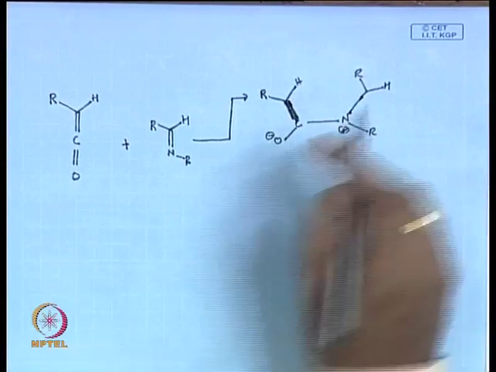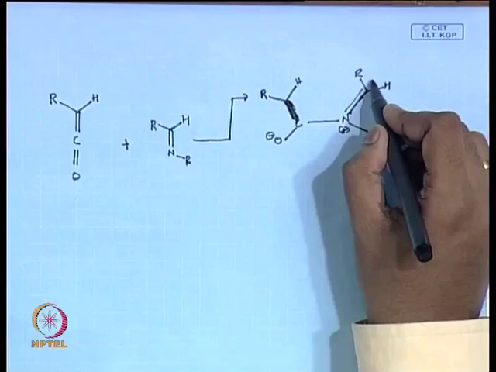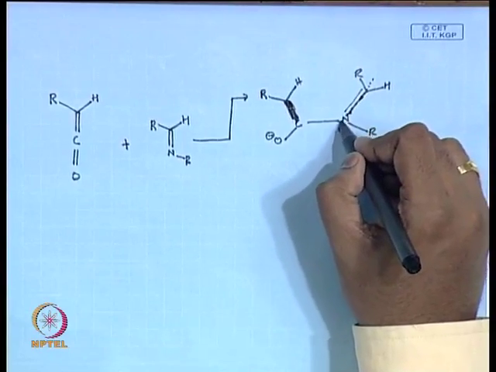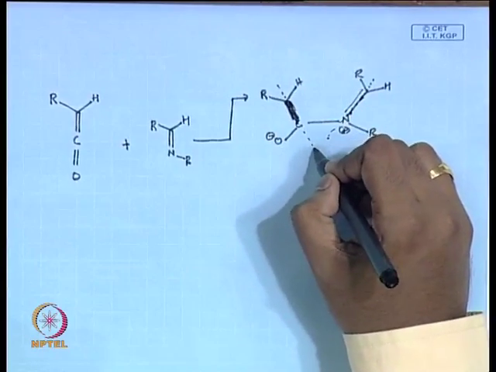You can think, now you have studied that in such systems you can do a conrotatory and disrotatory closure of systems, right, that we have studied in electrocyclic reactions. You can study that like butadiene, they can do a conrotatory closure in that system. So if I put an axis across this, okay,